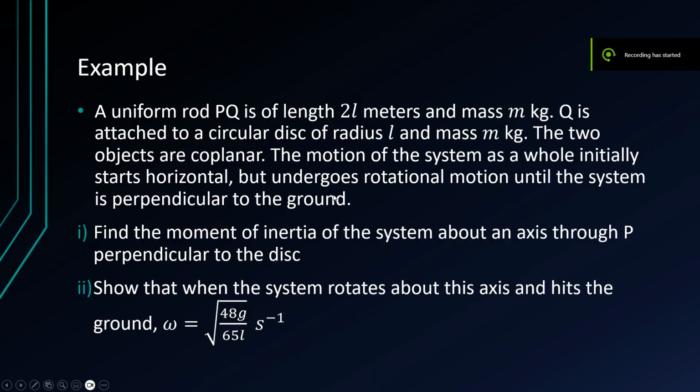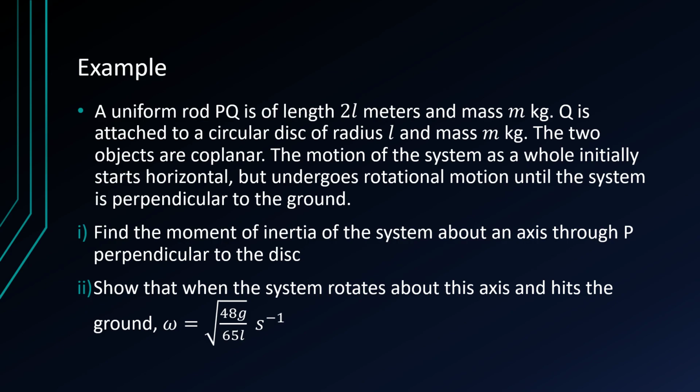So here is an example of utilizing the conservation of rotational kinetic energy. A uniform rod PQ of length 2L and mass m, Q is attached to a circular disc of radius L and mass m. The two objects are coplanar. The motion of the system as a whole initially starts horizontal but undergoes rotational motion until the system is perpendicular